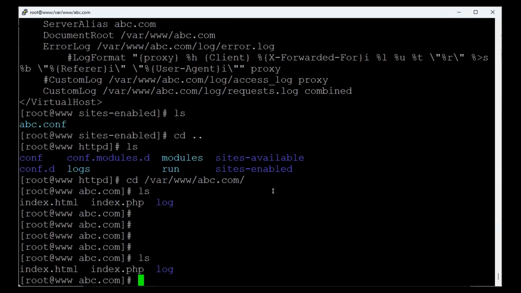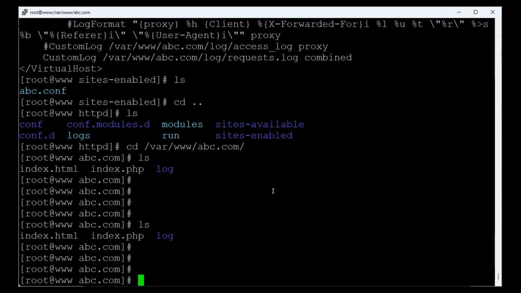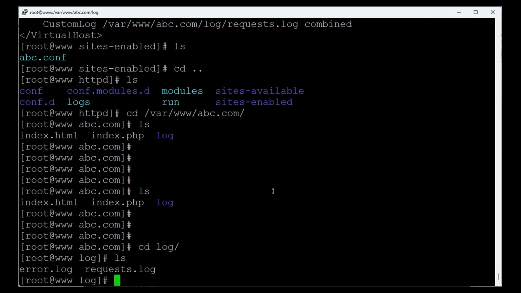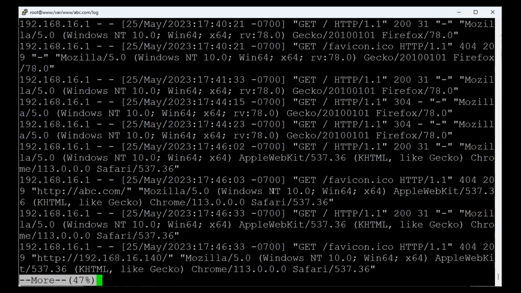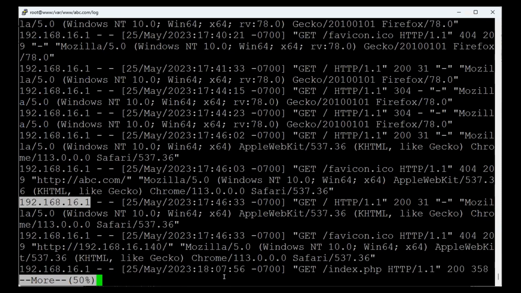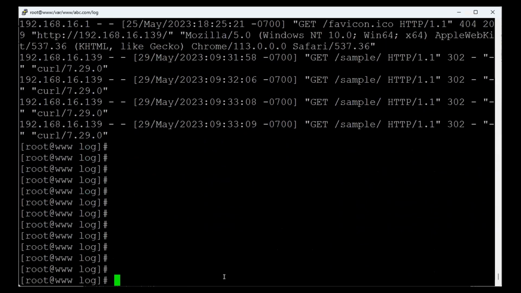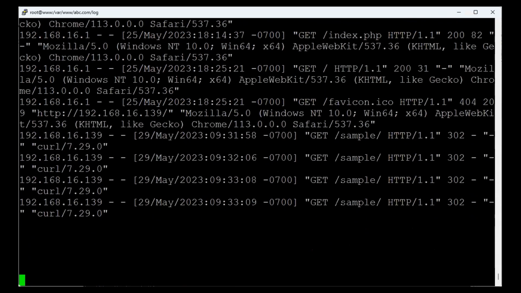So this is our abc.com. If I go to cd log and more requests.log, you can see there is always the IP address 192.168.16.1, right? This is the IP address of my machine. Now, if I do tail -f requests.log, and I go to the browser and type